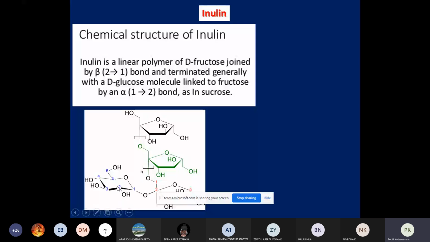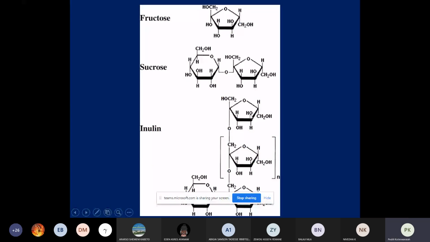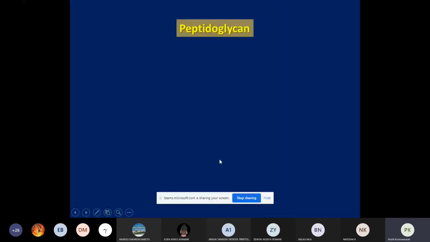So this is about inulin, and you can also see here this is fructose and this is sucrose. Several fructose units are connected by beta 2,1 linkages with a terminal glucose. Since it is a polymer of fructose, inulins are also known as fructans. So these are all the polysaccharides we have discussed so far: starch, glycogen, dextran, inulin, cellulose,